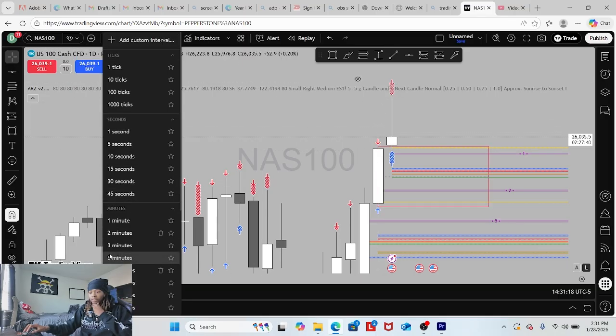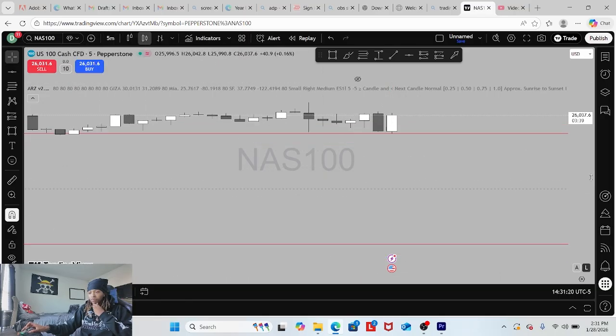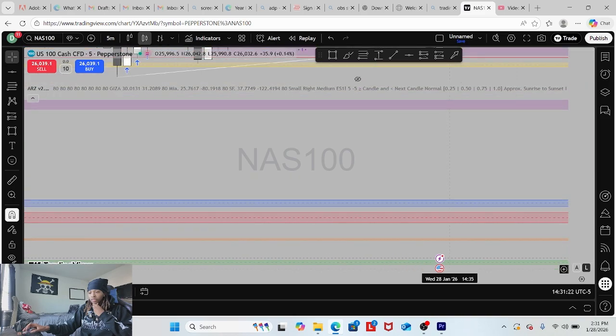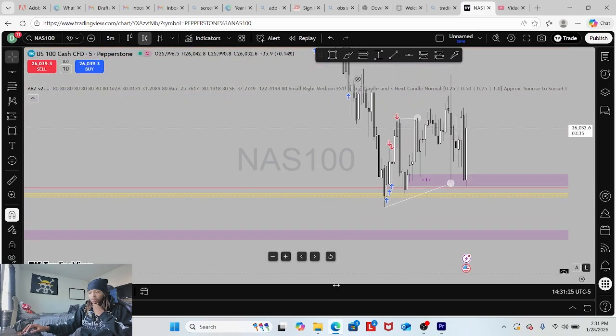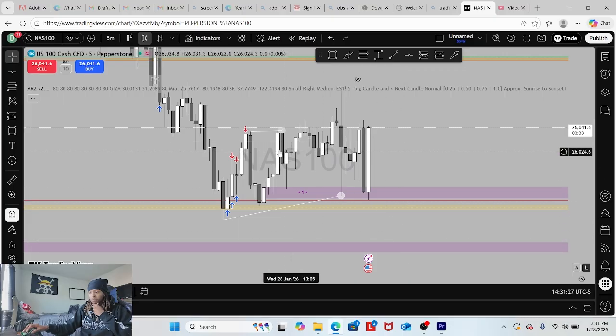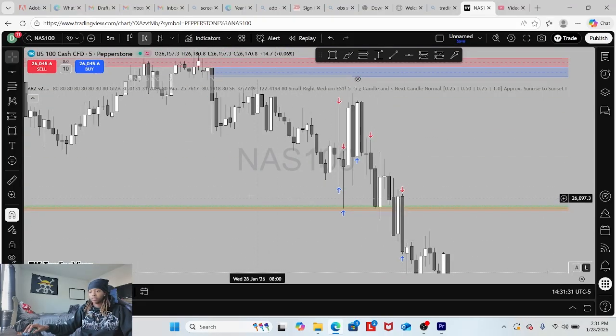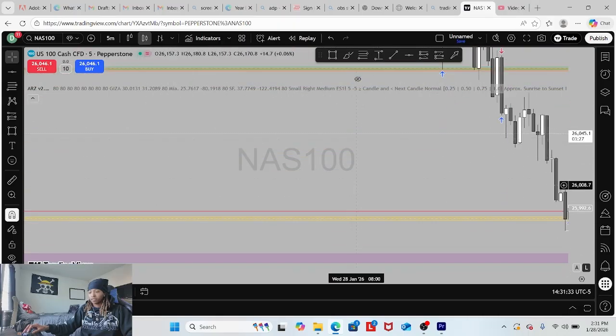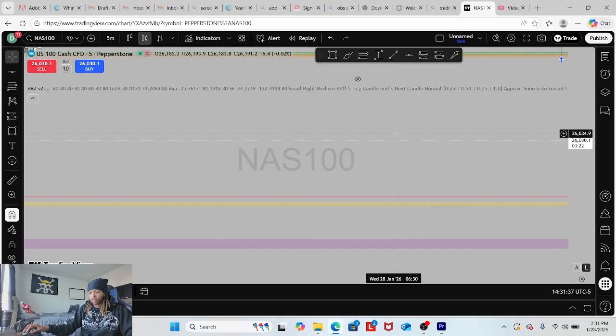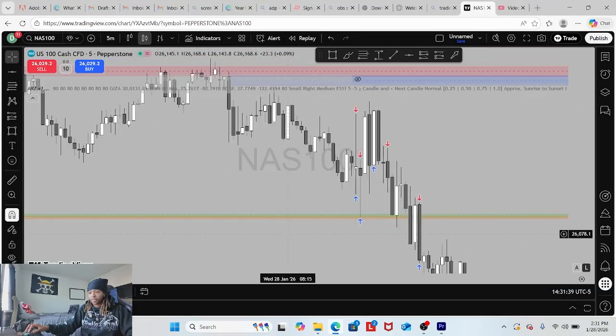Then I scale down to the 5 minute. Gotta size this up. All right, scale down to the 5 minute. This is market open right here. So from here, this is the previous day high. We didn't really do nothing. We were way above previous day high. So at this point, I'm thinking,